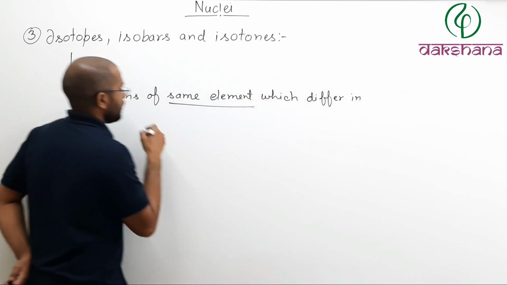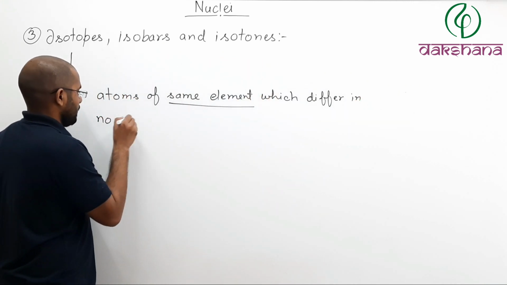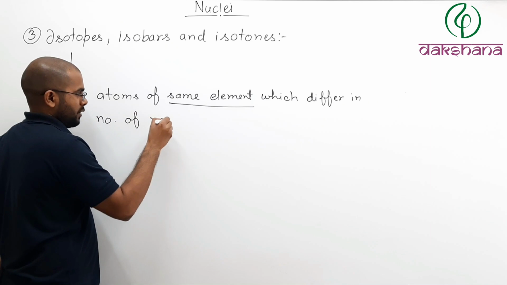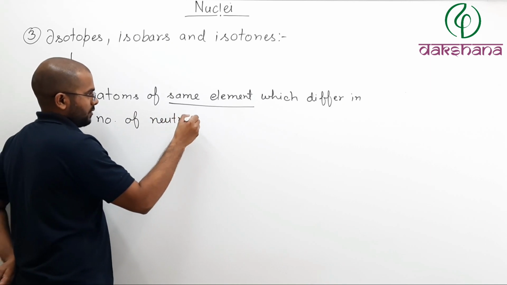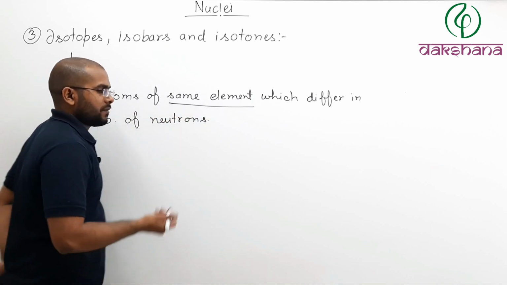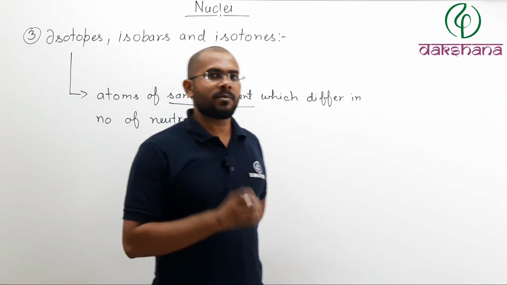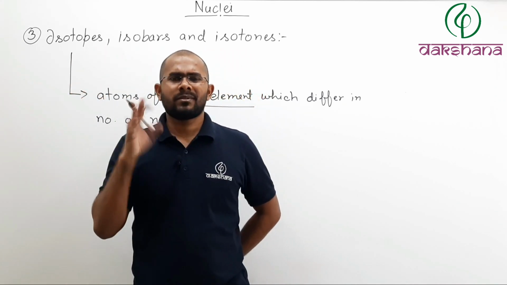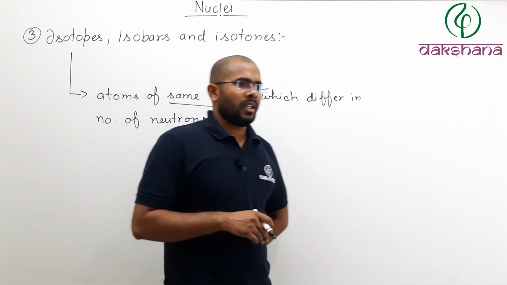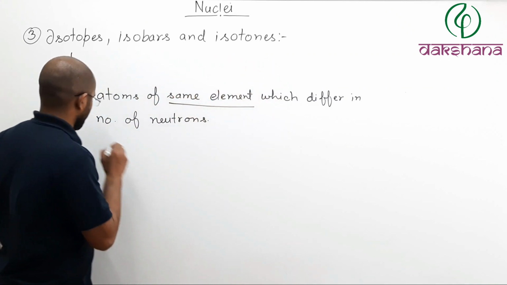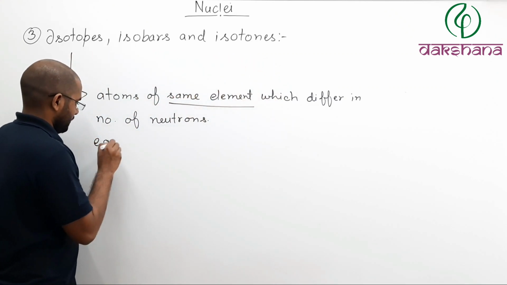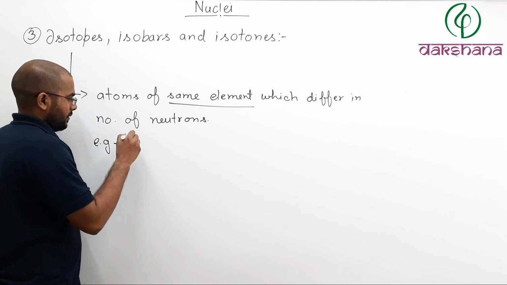So if same element, then proton will always be same. Number of neutrons, that can vary. Now let us take an example. First example,